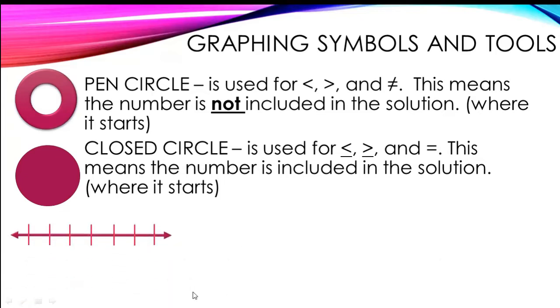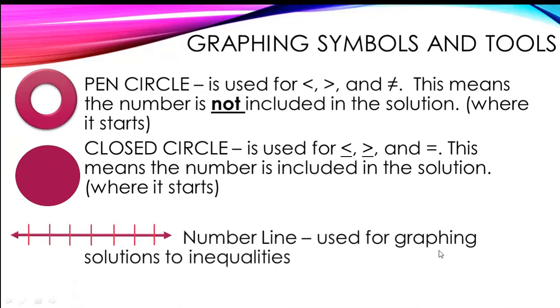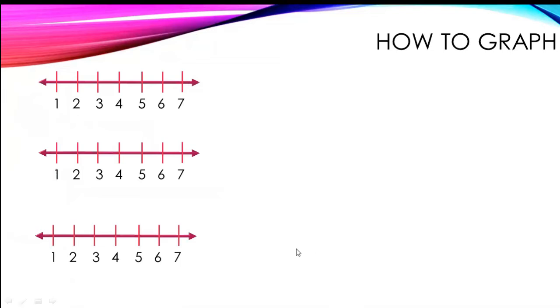You know this one is a number line. The number line is used for graphing solutions to inequalities. For any inequalities, we use the number line. So let's see how to draw. Now look, I have given some number lines here. If the question is x is greater than 5, that means all the values greater than 5 are included, but not 5. Why not 5? Because there is no equal sign, there is no line under it.